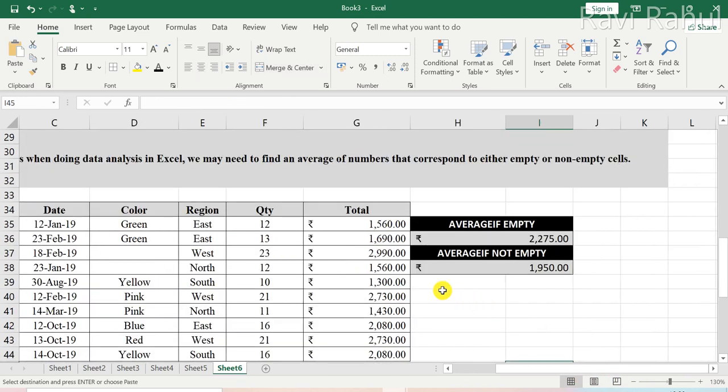We can apply average ifs in this data itself. So let me take it here.